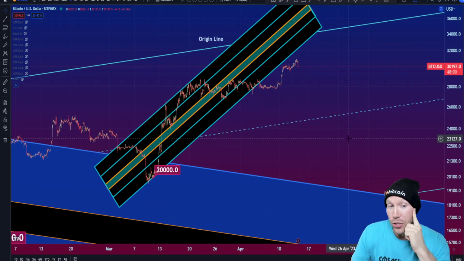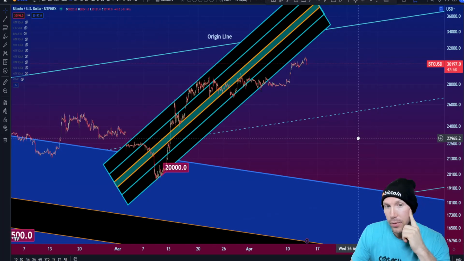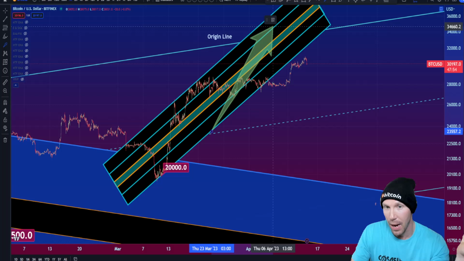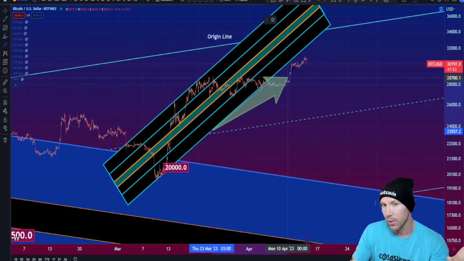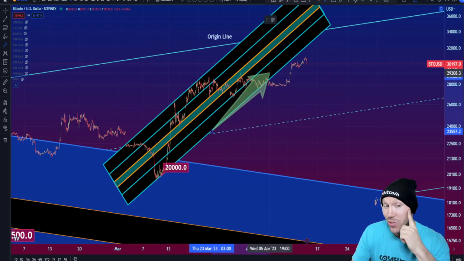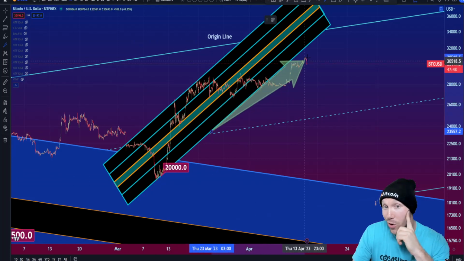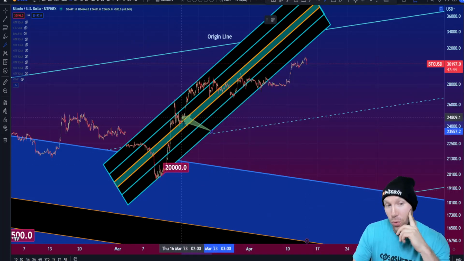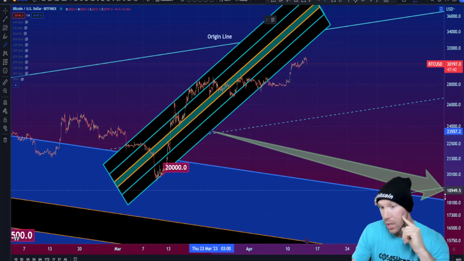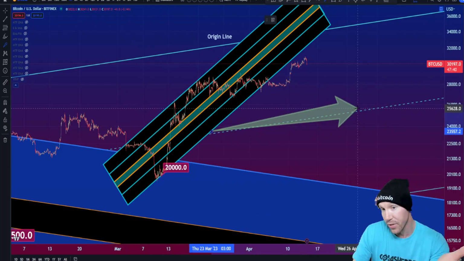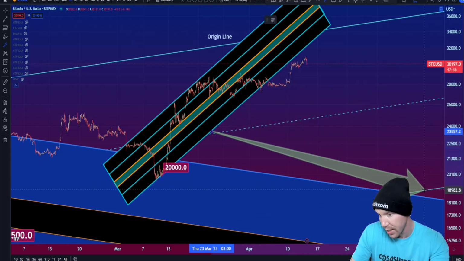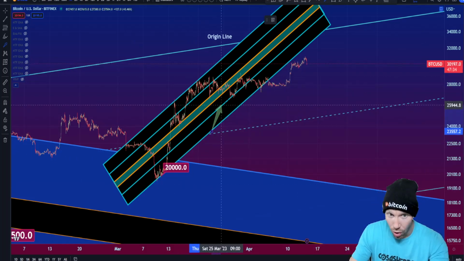That's the answer to the question. The origin line rules have not been broken. However, because origin lines are so far apart, these are macro plays. From a mid-term time frame play, it really wasn't super valuable because it went up forever when it's supposed to touch this line first. And you could have been waiting this whole time. Oh, it's got to touch this line. Oh, it's got to touch this line. And because of this, you could have been trying to do the wrong thing the entire time, because the rules say that line must be hit, but it's doing all this before.